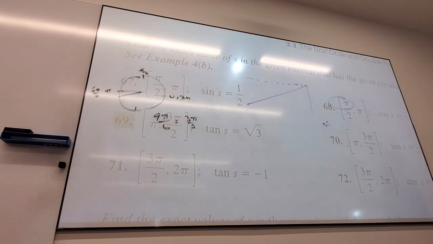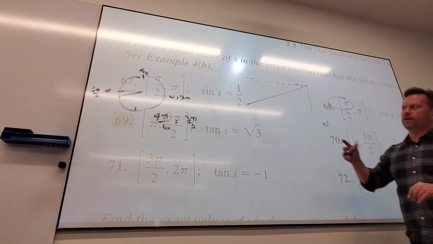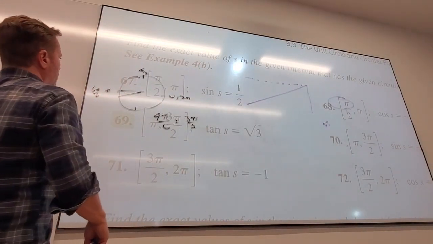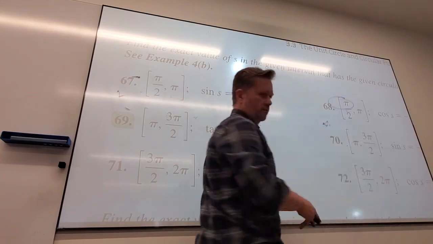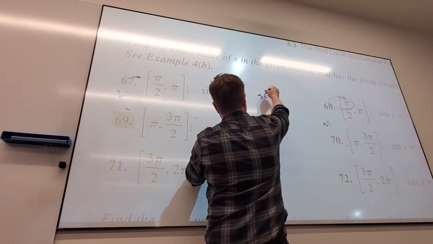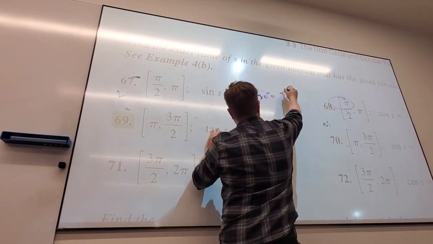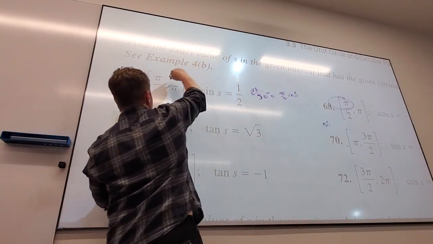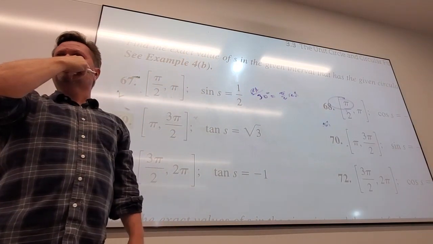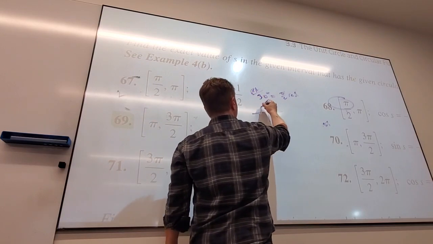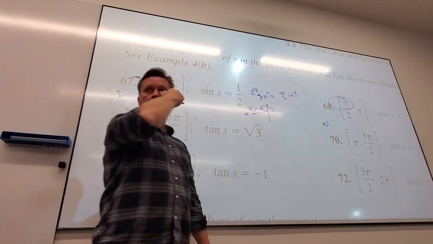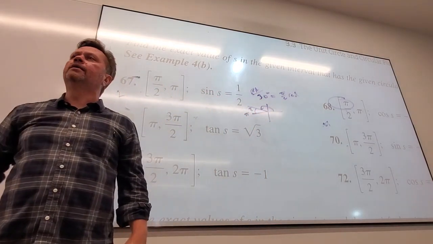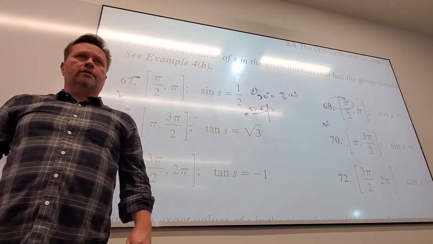What's the reference angle that makes sine 1/2? 30. What's that in terms of radians? Pi over 6. So it's a 30-degree reference angle, which is pi over 6 radians. But I'm supposed to be in this quadrant, correct? So I stop short of pi by pi over 6. So what angle is that then? If I'm 1/6 of a pi short of a full pi,